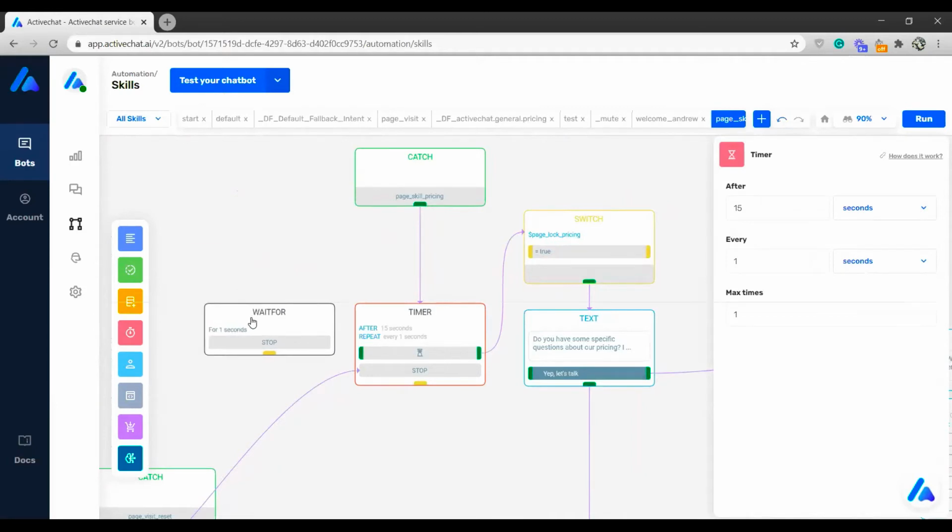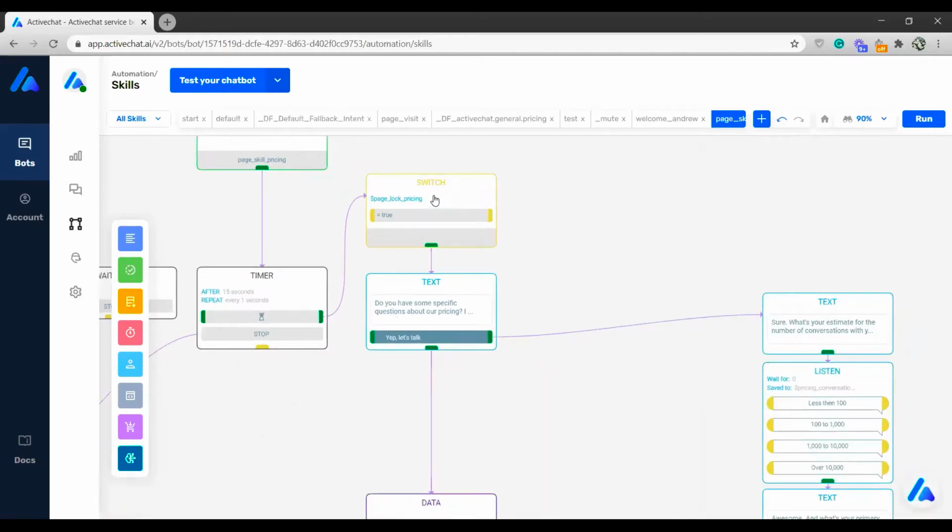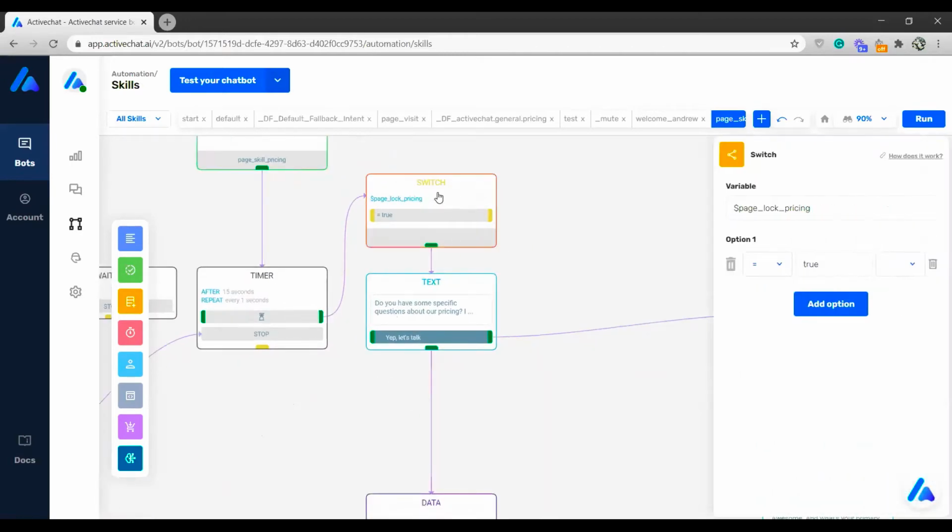This one was created, the skill overall was created like 2.5 probably years ago. Correct me if I'm wrong, Andrew. And it was just created before the wait for block had the stop button. So hence we're using the timer, but you can very well use the wait for block as well, because basically what it will do, it will wait for 15 seconds and send the user to this specific event, changing the variable